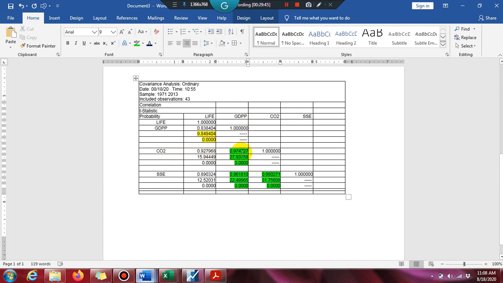So this means that CO2 emission, secondary school enrollment and GDP have a multicollinearity issue. The removal of the multicollinearity issue has been discussed in a separate video. If you are a beginner researcher and want to learn about multicollinearity, you can watch the separate multicollinearity video given here.